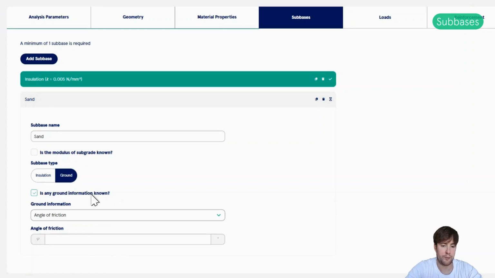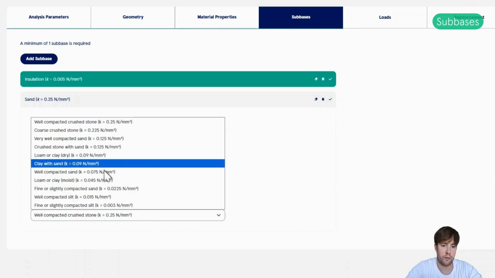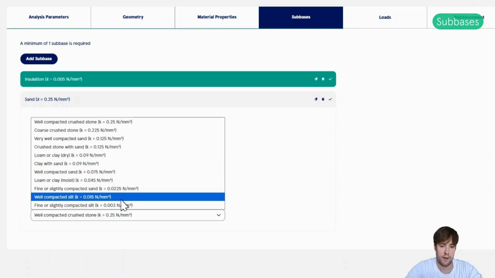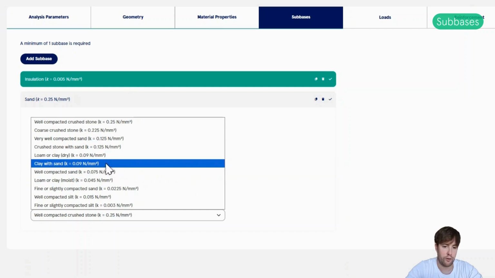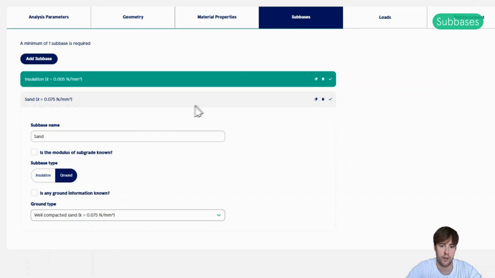But if we don't know the exact ground information, you can also untick this question here and then choose from these predefined K values. And they come from TR34, the 3rd edition. And now I called mine sand, so I will actually go ahead here and choose well compacted sand.